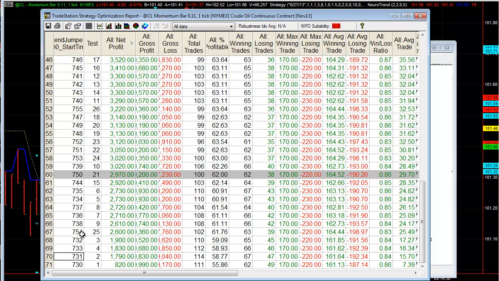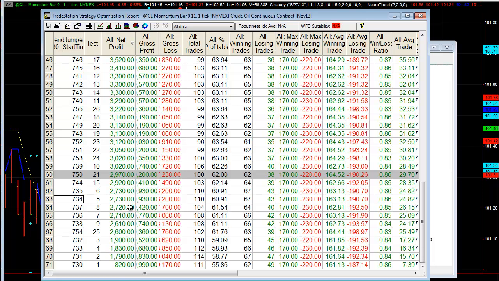Okay? In fact, you can see as we work up the chain here, even 4 minutes later goes to 2730, right? Amazing, actually. When you think about it, 4 minutes difference in time. You go from maybe you're trading it this way and losing money, and you never knew it, but if you would have started 4 minutes later, you would have had a profitable system. I mean, literally almost 4 times the performance.